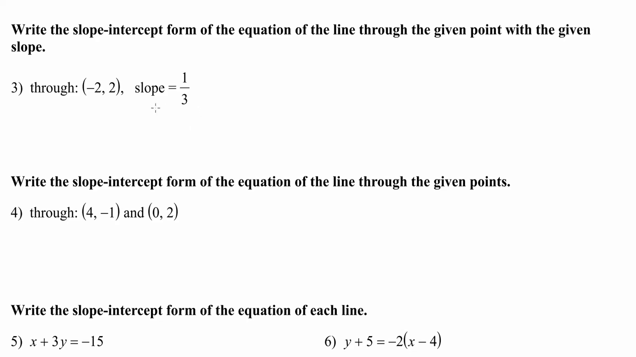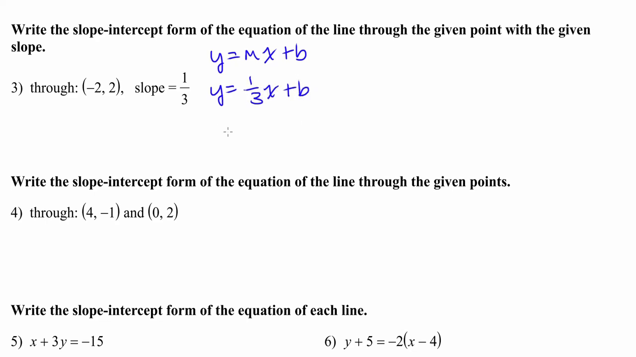All right, in number 3, they give us a slope 1/3, but they don't give us the y-intercept. They give us another point. So how are we going to do this? Well, let's start by writing our slope-intercept form. y equals mx plus b. We know what m, our slope, is: 1/3. So we can now write y equals 1/3 x